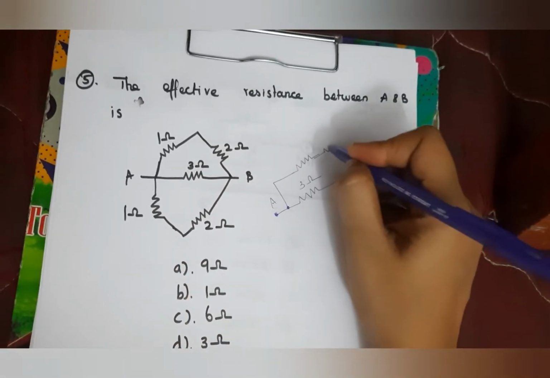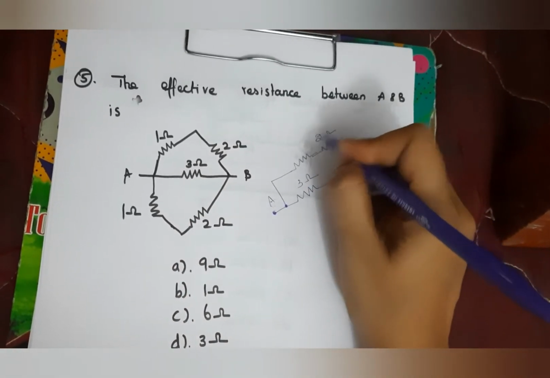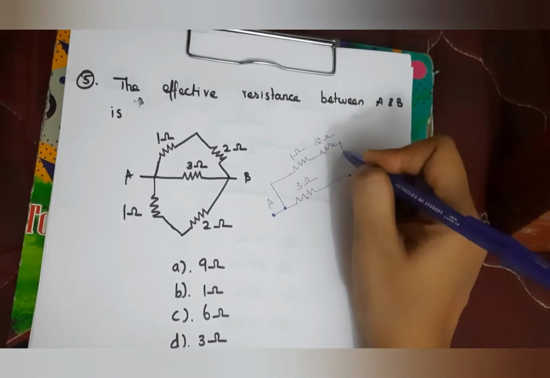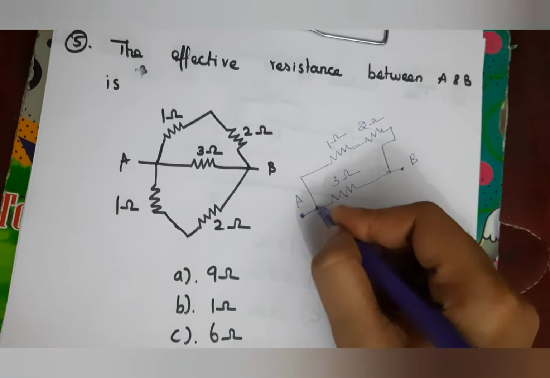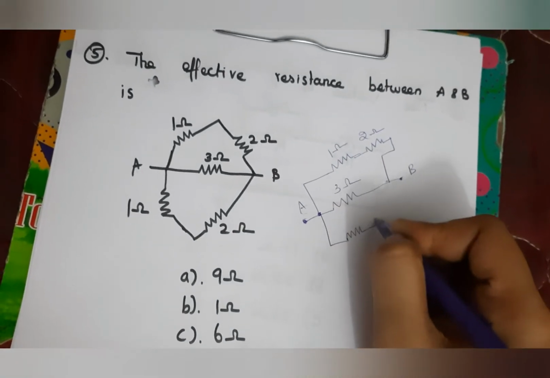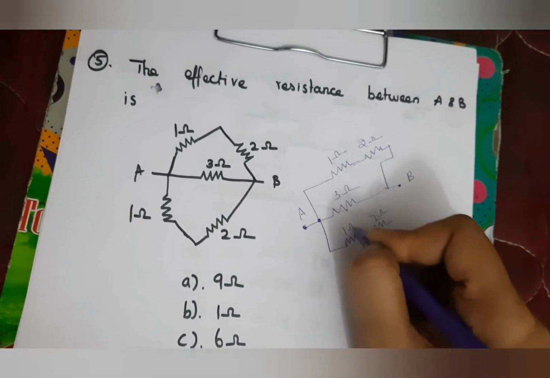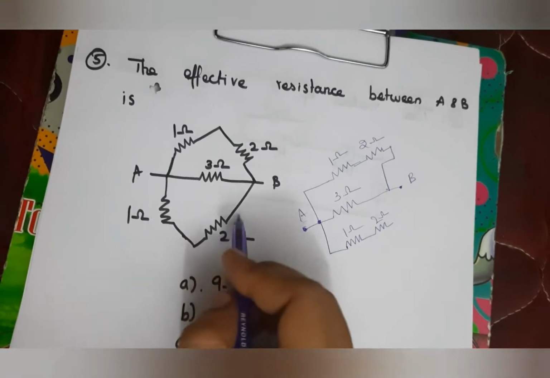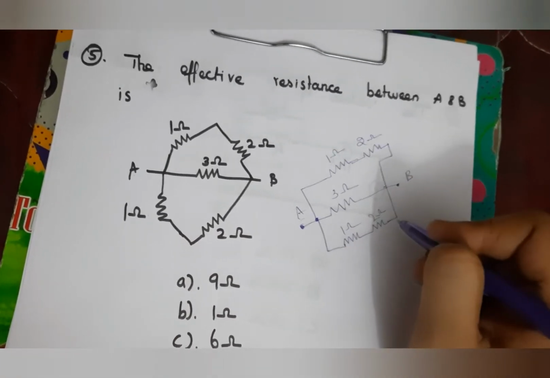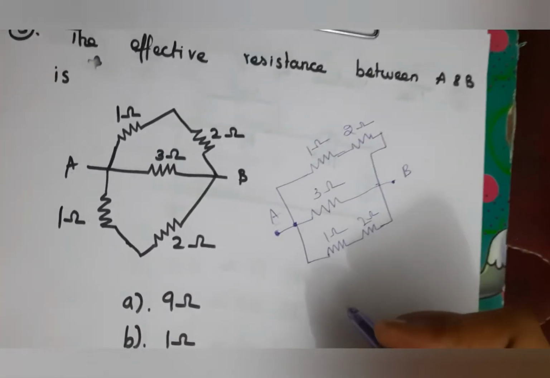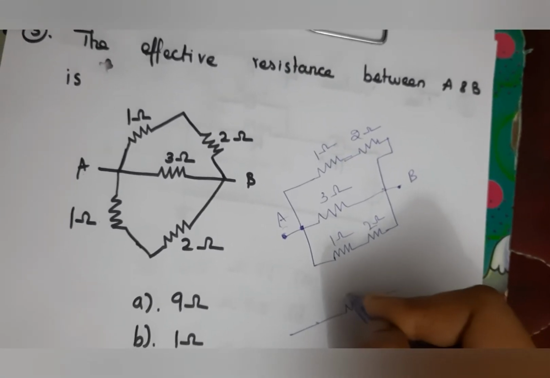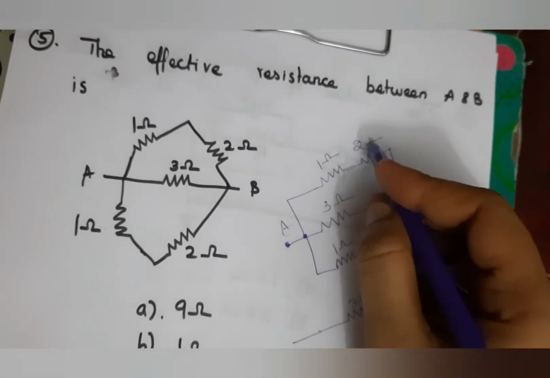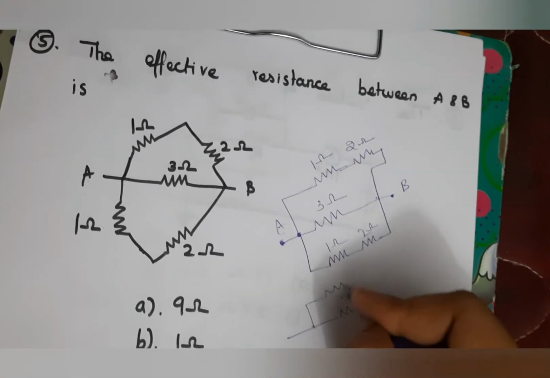So this is a series connection. So this is 1 ohm, this is 2 ohm, and this is connected here. Similarly this 1 ohm and 2 ohm is also a series connection. So series resistors are added: this is 3 ohm, 1 plus 2, this also becomes 3 ohm,